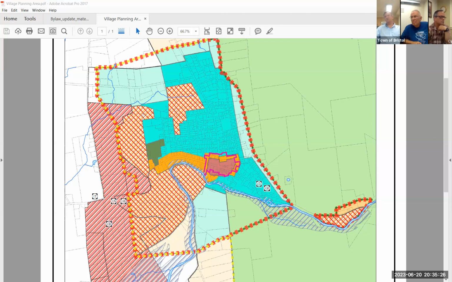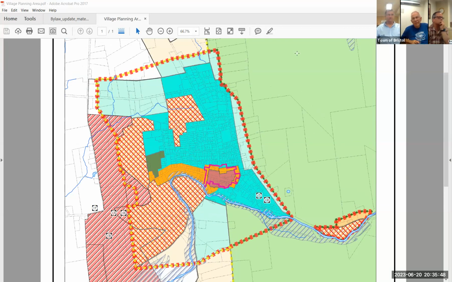So you potentially have the ability to digress a little bit timing wise, if you want to have this discussion around Plank Road or the south of the village. But I would not encourage you to digress to a lot of other redistricting conversations, because we won't be able to make it. There's no reason why we can't have 2 meetings in September if we have to. That's what you do.